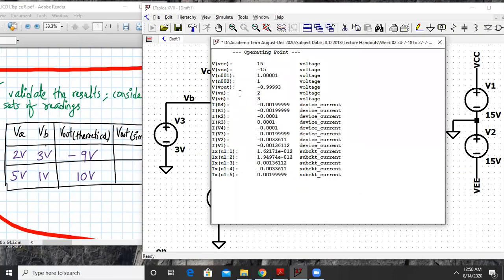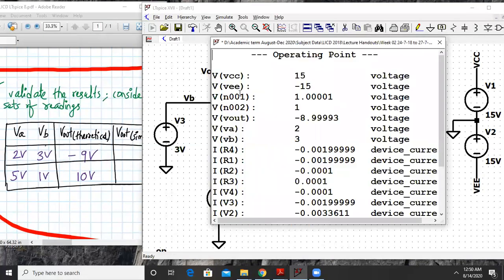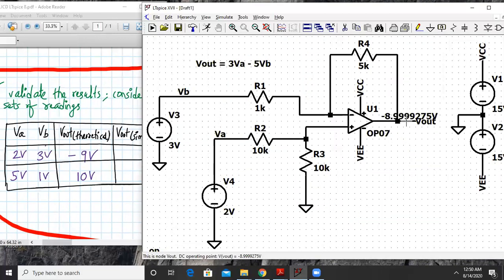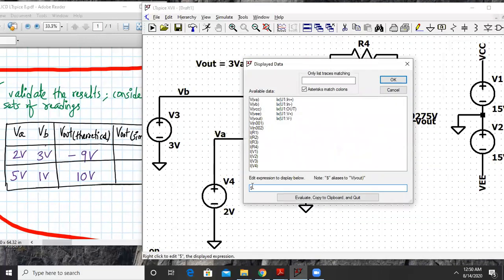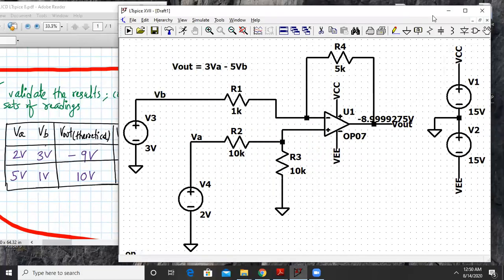So you'll get a blank screen over here. So Vout should be close to minus 9, and we are getting minus 8.99, which is very close. We can get this value over here also. Right click and select Vout. Okay, so now you can drag it anywhere. Yeah, so this is the value of Vout which we are getting.